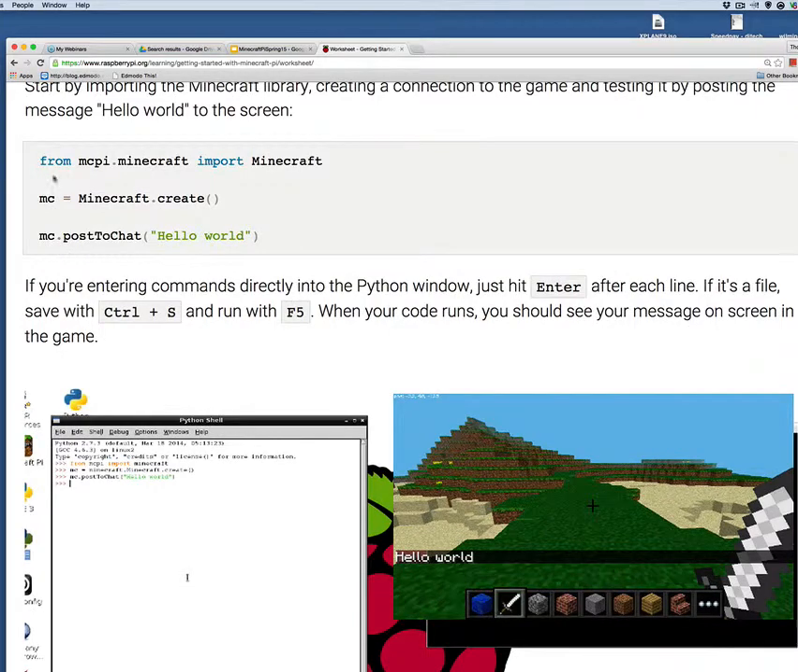So I want you to type, in that new file you just created, that screen there, from space mcpy, just like right up here. From mcpy.minecraft space import Minecraft. Notice these are lowercase here. This is uppercase Minecraft here. It's important that you get that right. Then MC equals